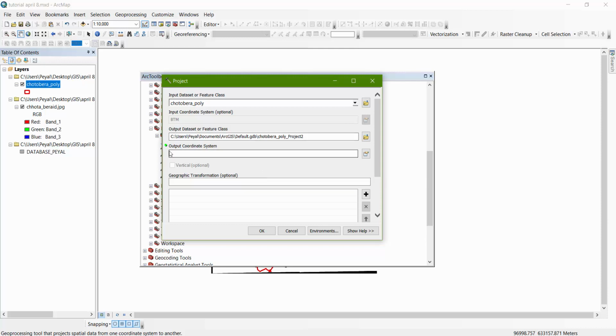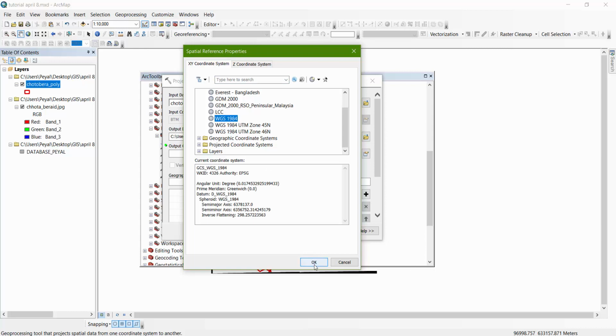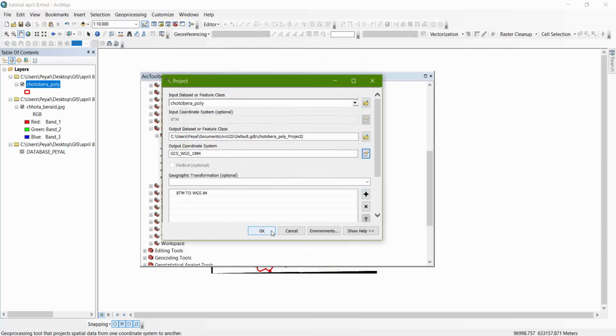Now what my output coordinate system will be? So my output coordinate system will be WGS 1984. Press OK. If you have successfully done this step, then as you can see, there is a thing shown BTM to WGS 84. Okay, now a thing in here,